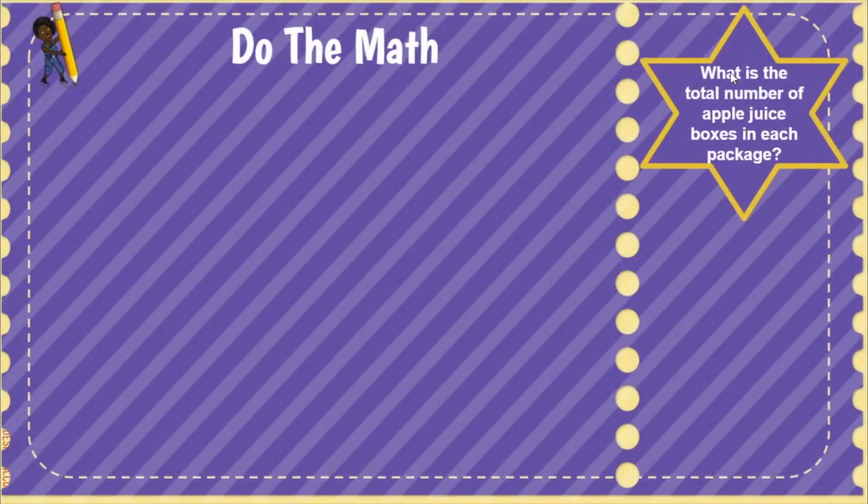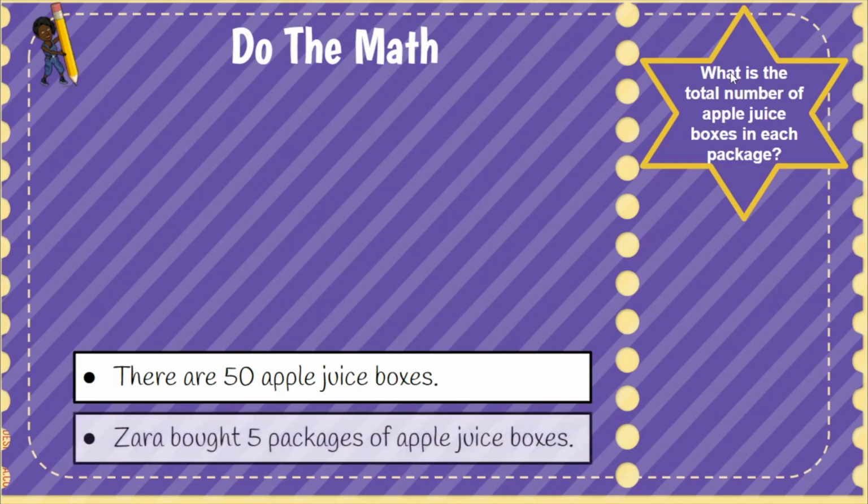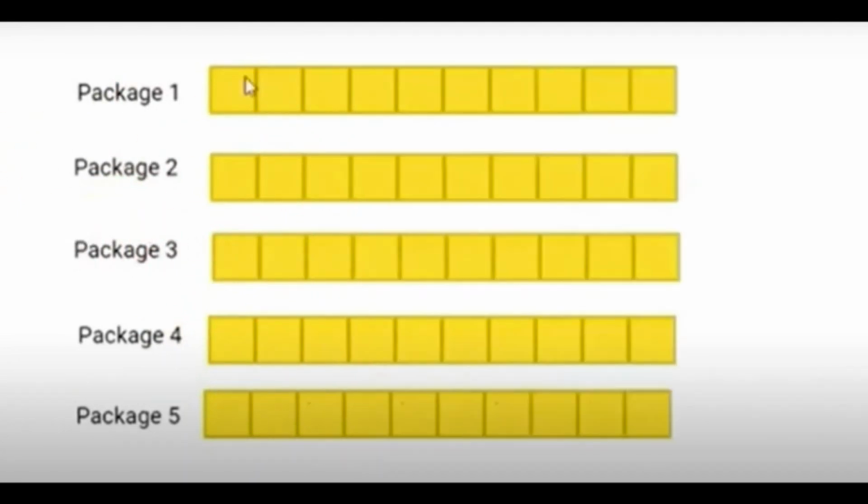So what is the total number of apple juice boxes in each package? We know that there are 50 apple juice boxes, and we also know that Zara bought 5 packages of apple juice boxes. As you solve this problem, it is important to label your work. Here we have 5 packages where we will divide the 50 apple juice boxes into. When we have finished dividing our apple juice boxes, we see that there are 10 apple juice boxes in each